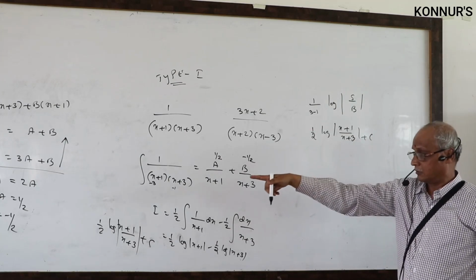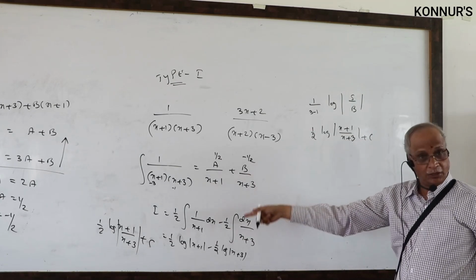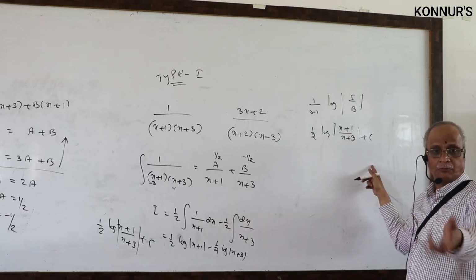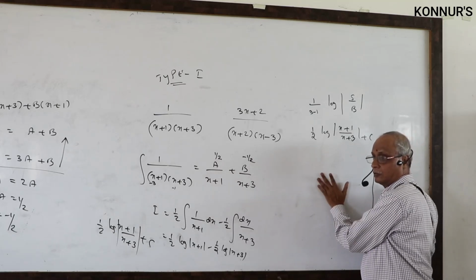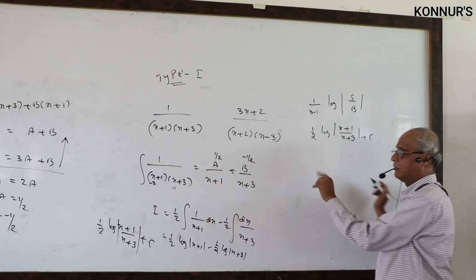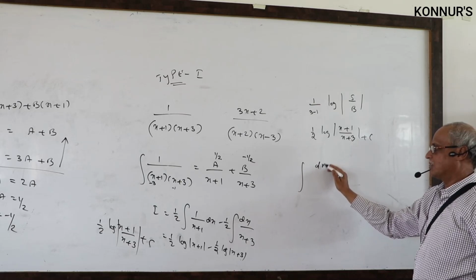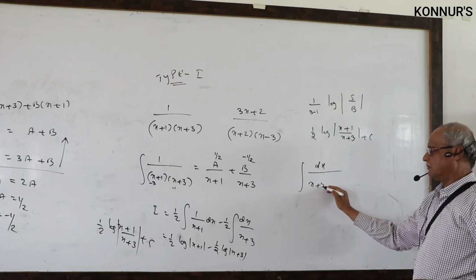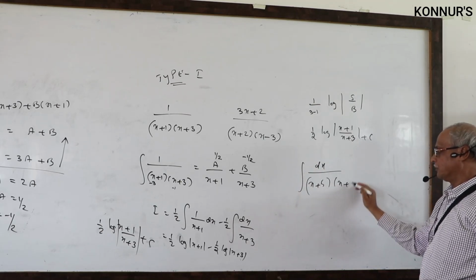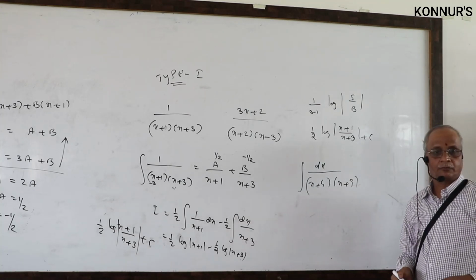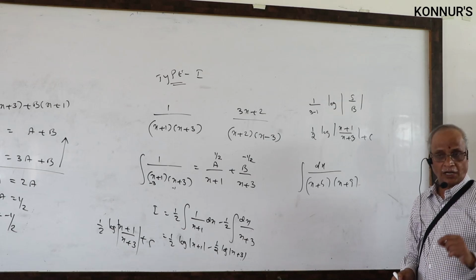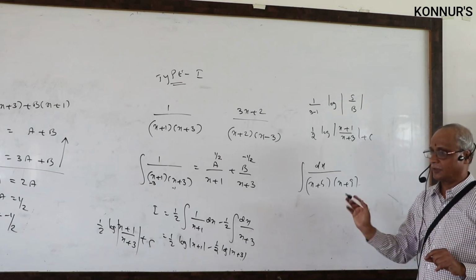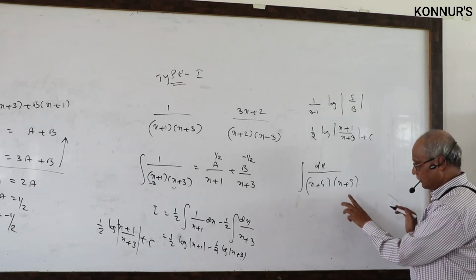No partial fractions, no solution, no integration, the answer is direct, go to ABCD. Whenever you see linear factors in the denominator, you should see ABCD directly. Now I will write one example. Tell me the immediate answer for x plus 5 into x plus 9. Practice 5-6 problems. That idea is important. The formula method is not.